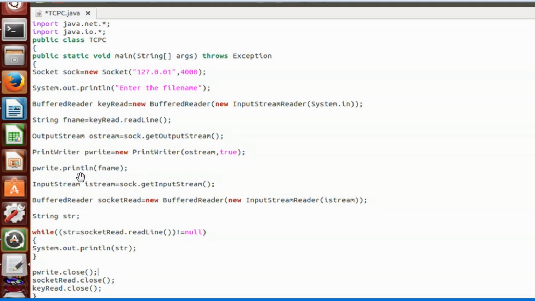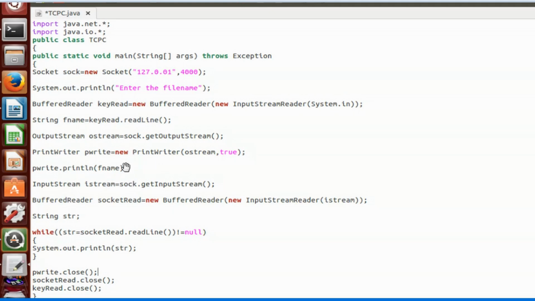And next, pWrite.println(fname). Here we are doing the sending function. We are sending this file name to the server. By executing this line, we have sent the file name to the server.